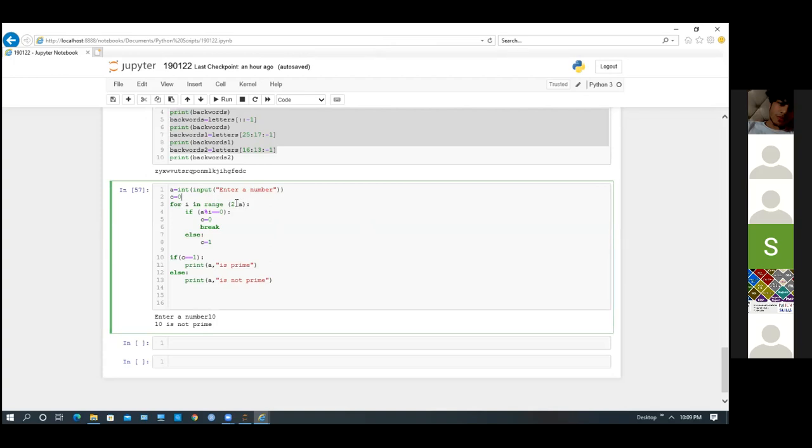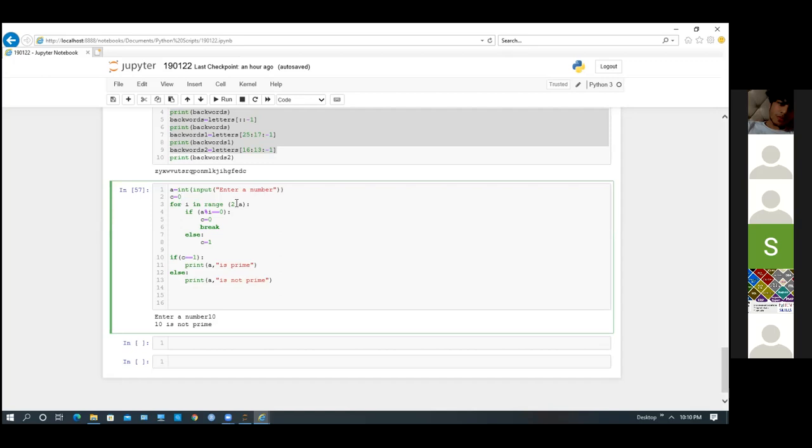Why 2? Because any number is divisible by 1, so there is no point in starting with 1. What we will check is whether the number is divisible by any other number other than 1 and itself.